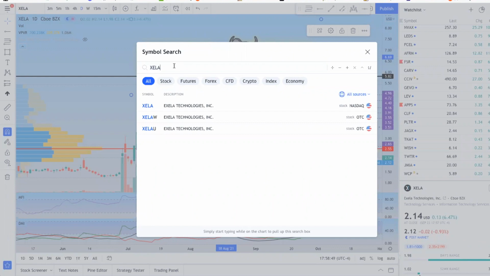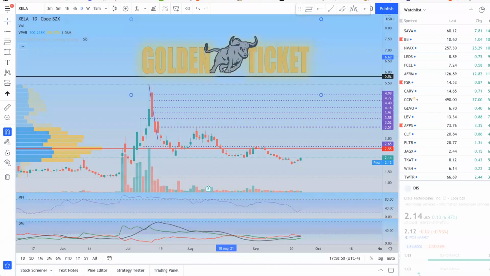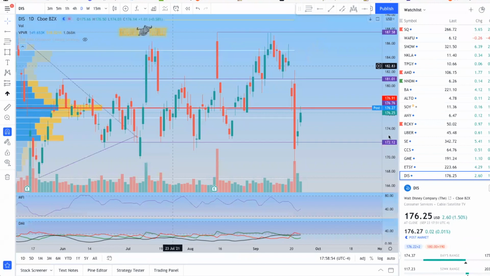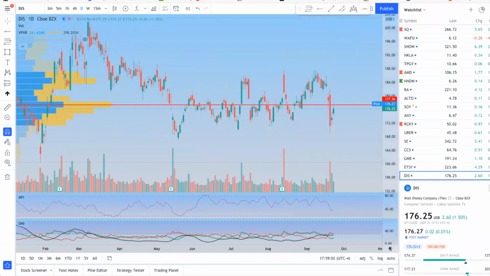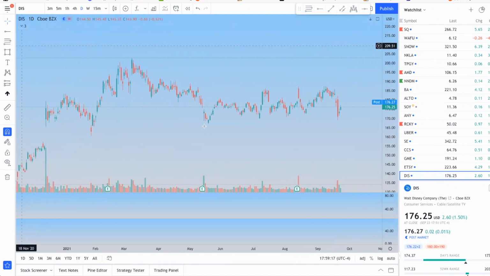Okay, so let's talk about the basics. Let's grab something, Disney. Let's check what the basics are when you have your chart. The first thing you want to know is what kind of information you can pull out of it. I want to talk about indicators, Fibonacci levels, stuff like that. That's advanced. The first thing is